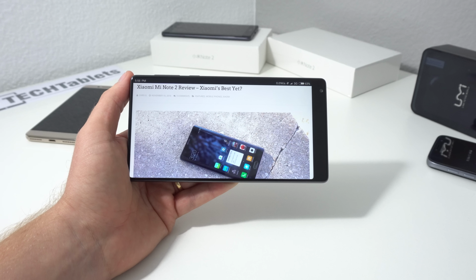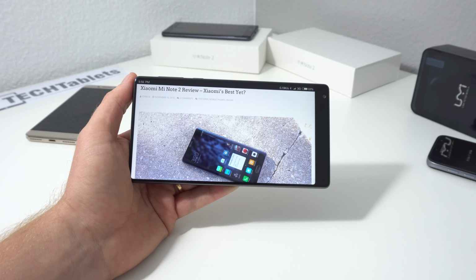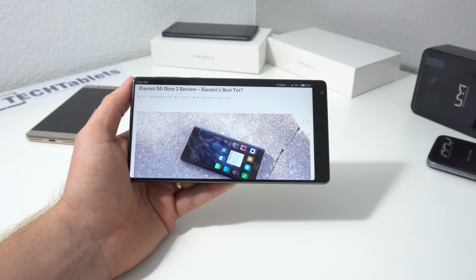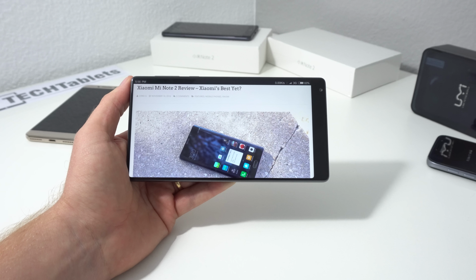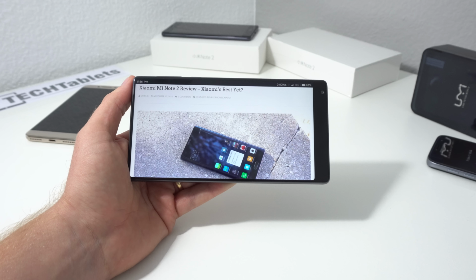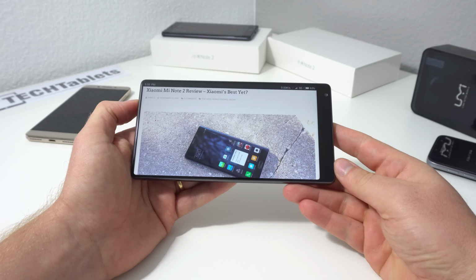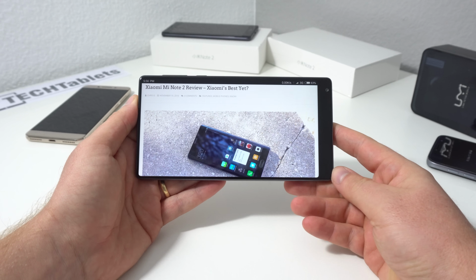So I've had it now for 24 hours and I just wanted to give you an update because I'm going to be taking my time with the full review on this one. I want to do a real in-depth review, so I want to take my time and go through everything and make sure I find out all the ins and outs of it. There's been a few questions already in the comments of the video, people asking about